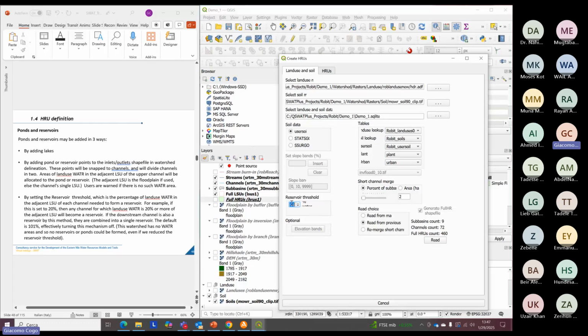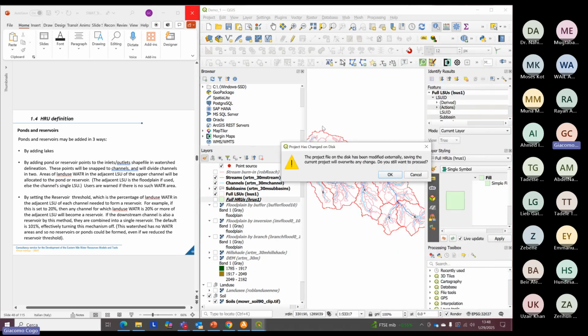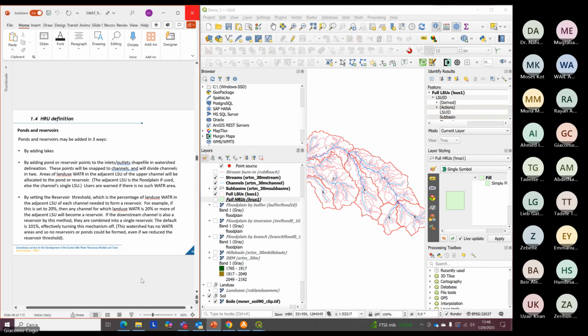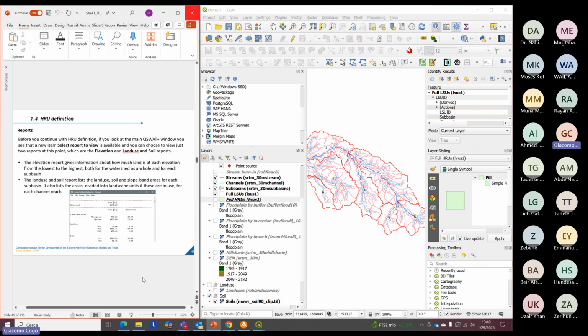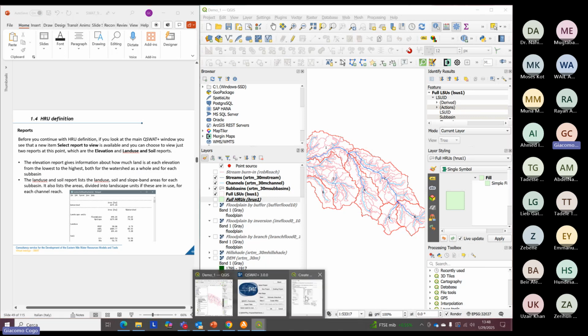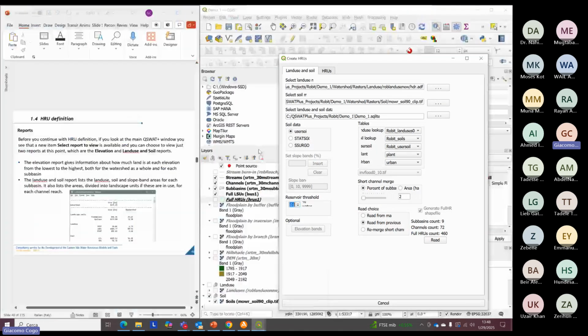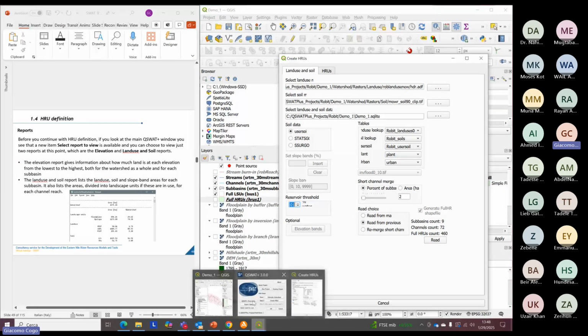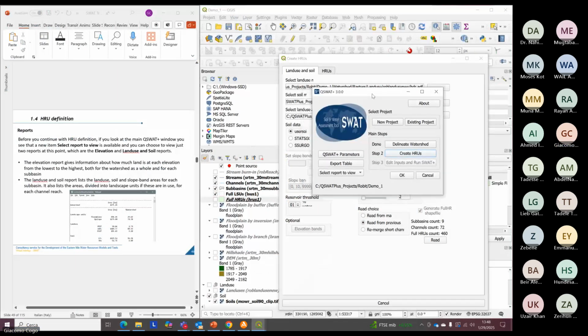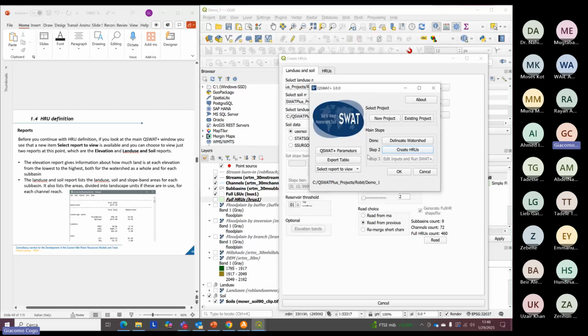So we will keep this 101, and we will go on with our example. Okay, let me save one more time. Okay, another thing that we can do before continuing with HRU definition: if you look at the main SWAT window, this one here, you see that a new item